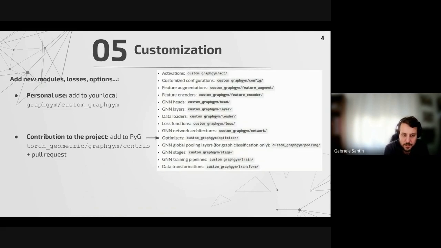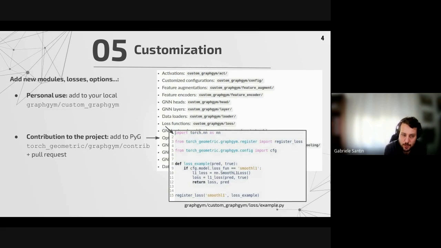At the moment, within this folder, you can find folders for all these types of options: activation, configuration, feature augmentation, whatever. The idea is that you can pick something that is implemented within PyTorch Geometric and realize this registration in the register of GraphGym, or also implement your own one. So for example, if you check within the loss functions, sorry, what I forgot to say is